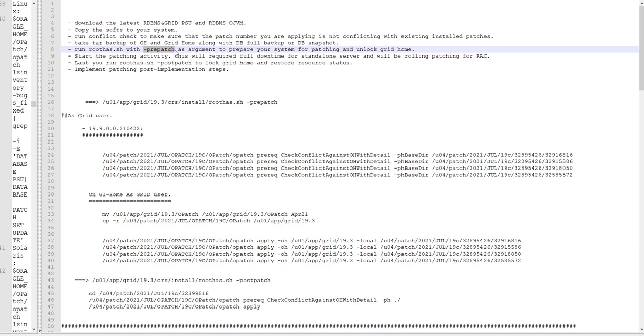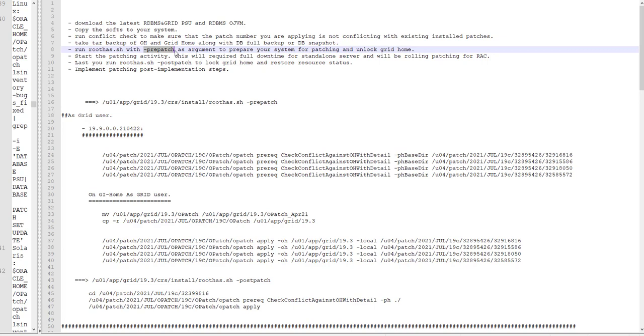What this will do is shut down all the resources on grid infrastructure, shut down high availability services, and then unlock the grid infrastructure.